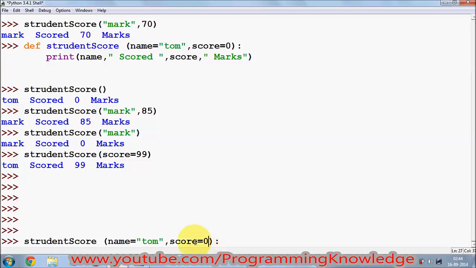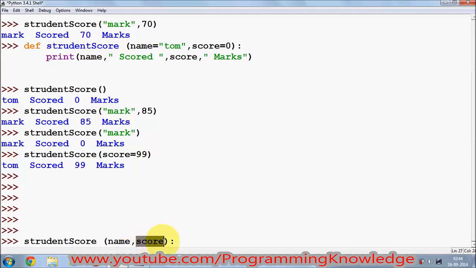For example, the student has scored marks in language, marks in programming, marks in maths, or marks in some other subject, and you want to pass the parameters, but you don't know the number of subjects the student is taking. So what you can do in this condition, you can just use the name as it is, but